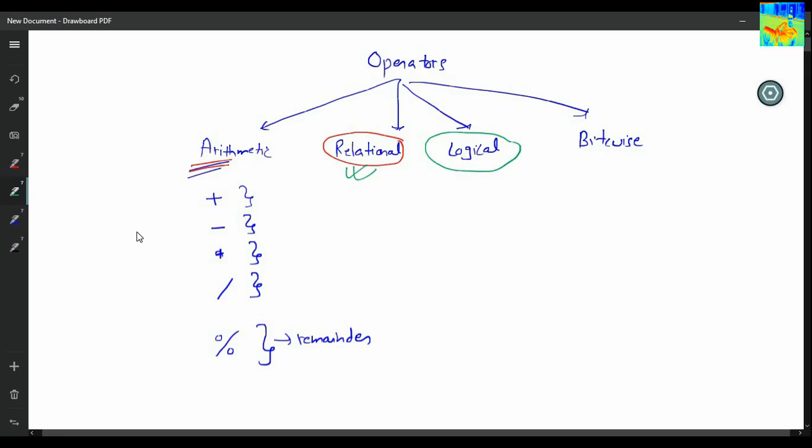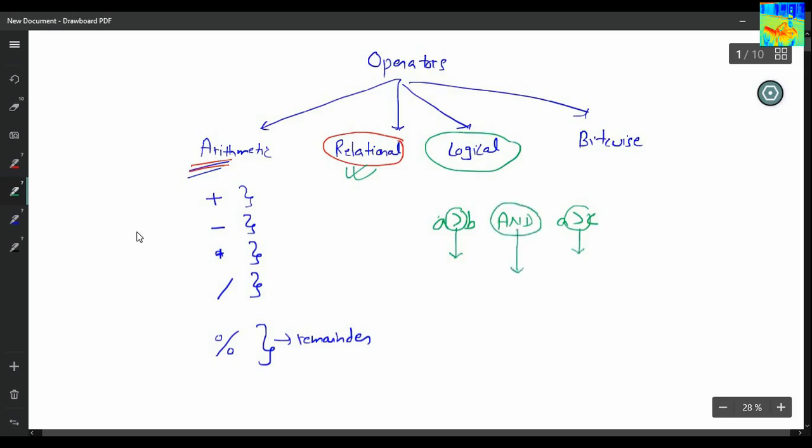So what happens is, many times we have to check A greater than B and A greater than C. For example, in case of finding the largest of three numbers, I have to check this condition for A being the largest number. I can perform this with the help of relational operators. Similarly, this thing is used to combine two Boolean values.